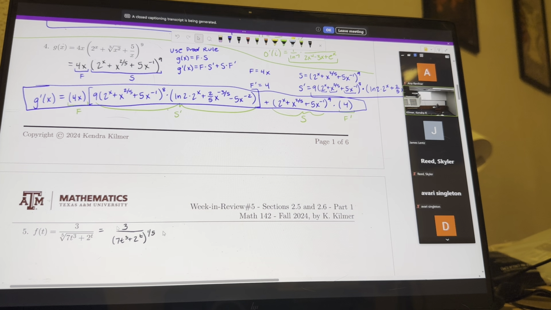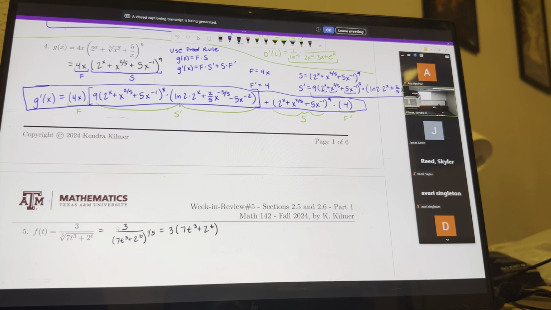As written here, we would technically have to use the quotient rule, but since we have just a constant divided by a function raised to a power, we can bring that up to the top and avoid using the quotient rule. So this is the same thing as 3 times 7t cubed plus 2 to the t